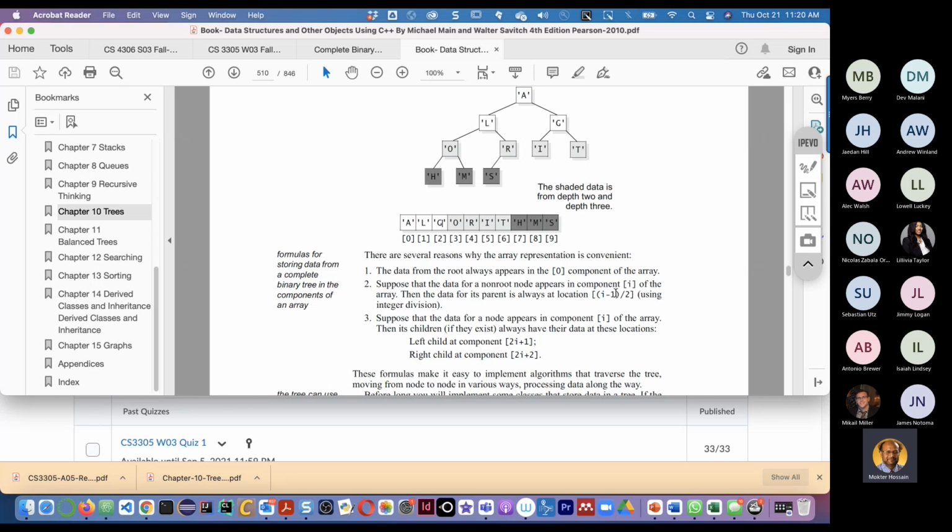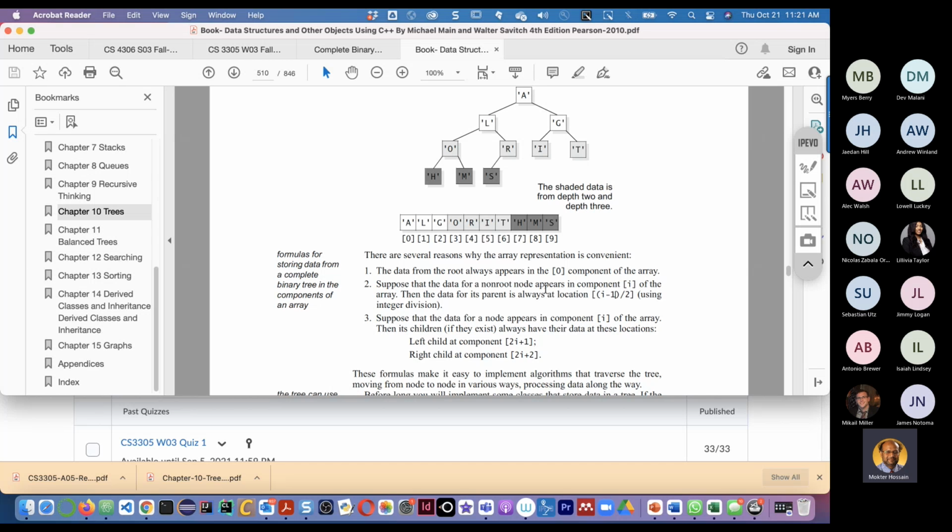This is how, using this formula, we can calculate the parent for any node. For this node, for instance 5, who is the father or parent of 5? 5 minus 1 equals 4, and 4 divided by 2 equals 2.